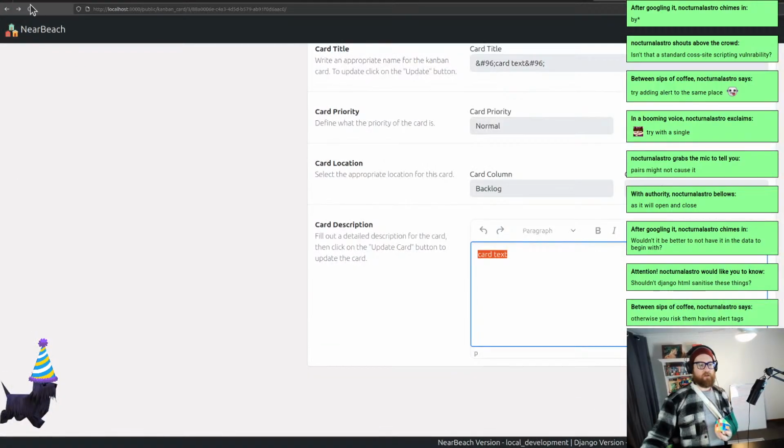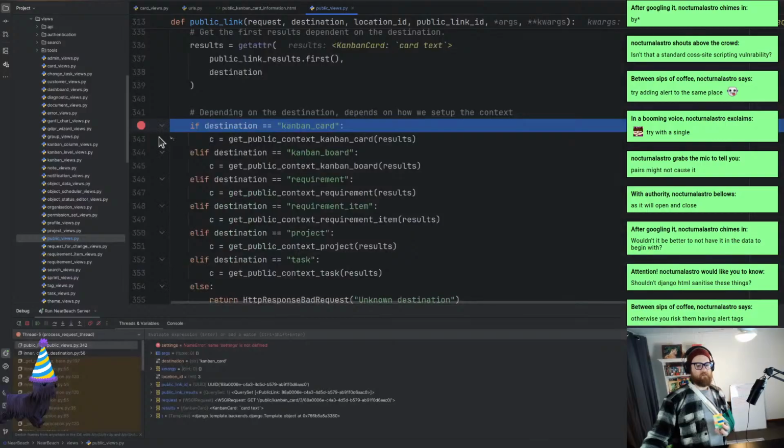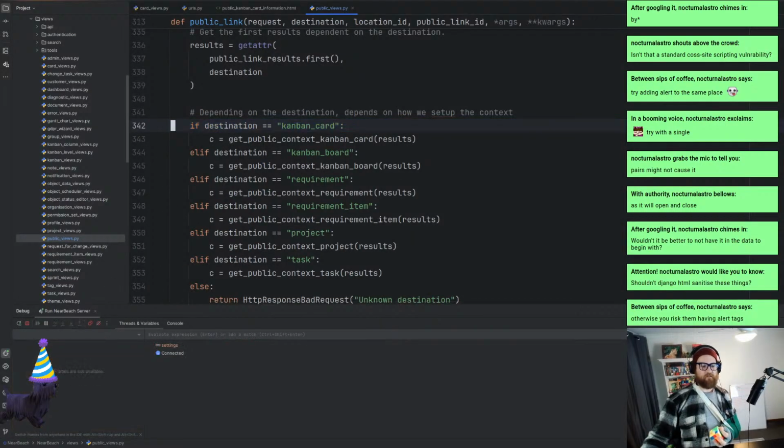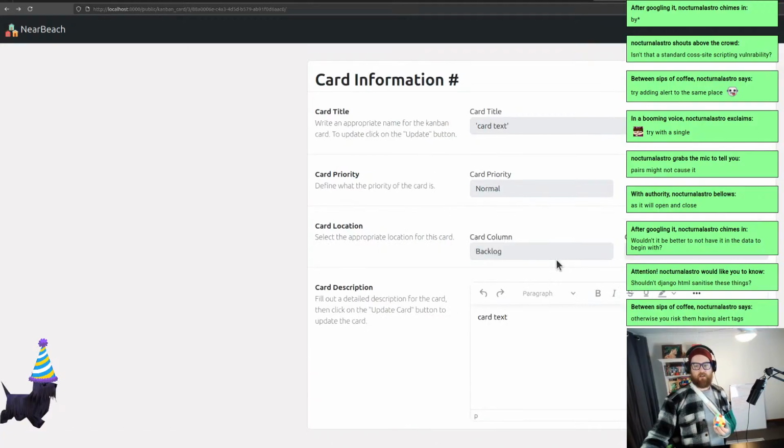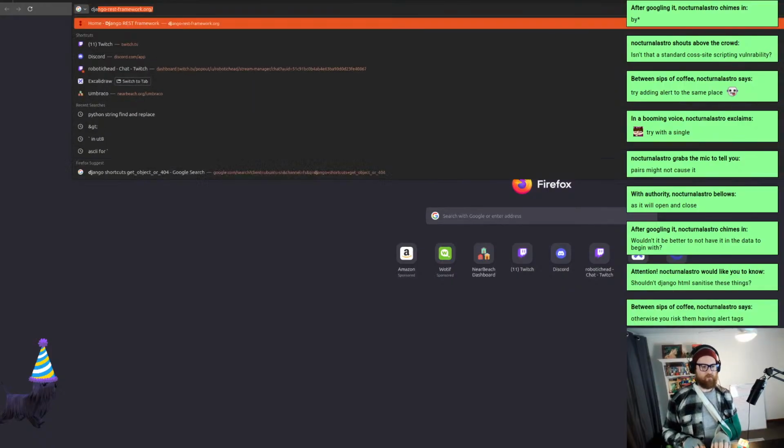And then we just wait a little while. I forgot to remove that breakpoint. All right, there we go. Not ideal. This is not an ideal thing. But yeah, I am going to